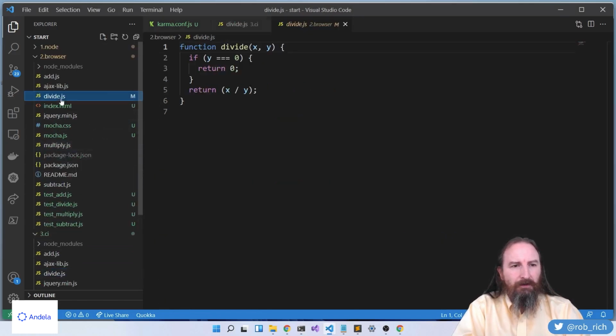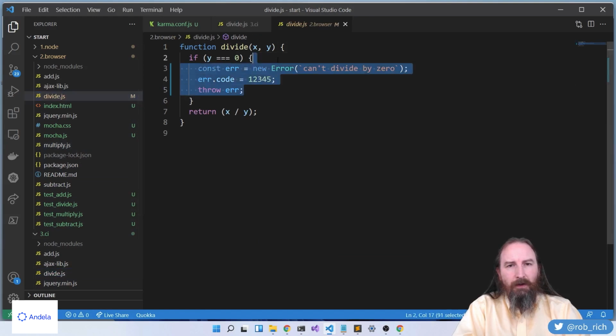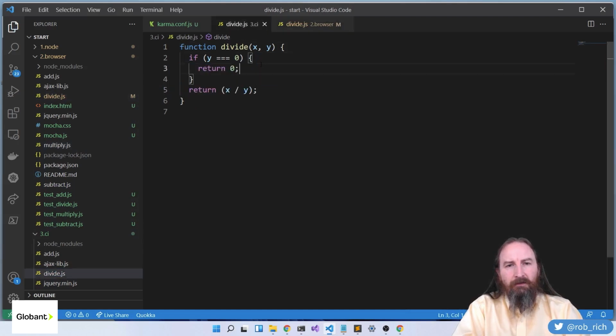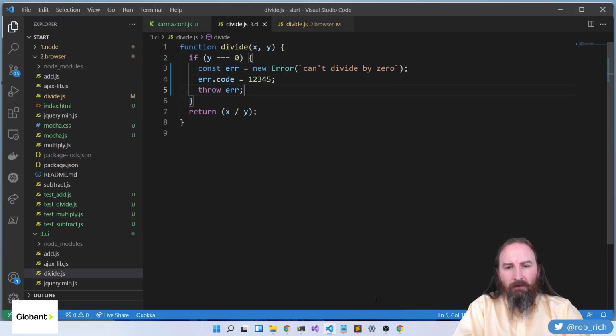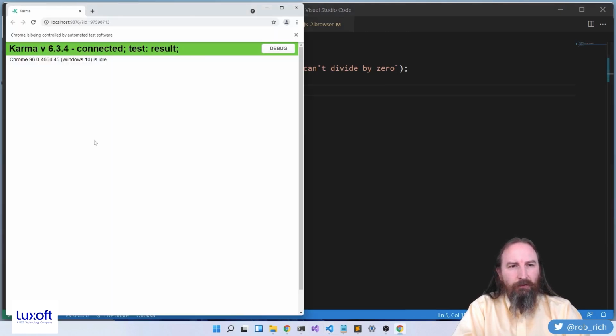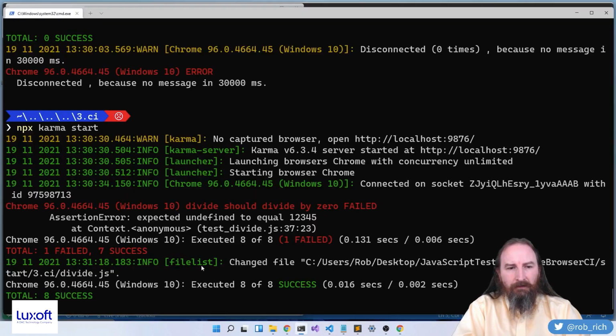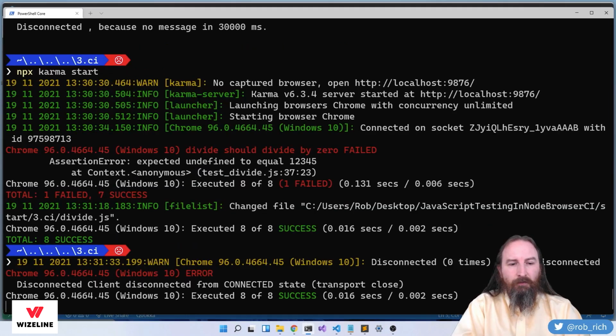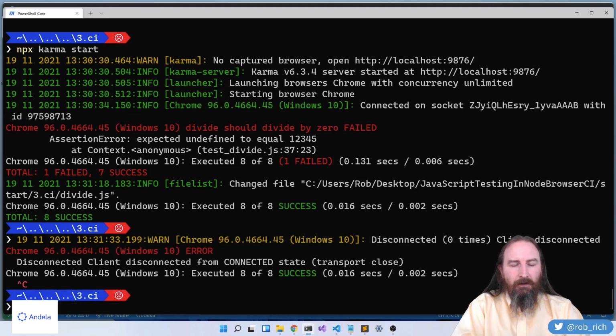Let's pop open divide.js and we'll go grab our fix and set it in place here. Now, because Karma is doing a watch, it will automatically rerun those tests. I'll come back into my console and I see I now have successful tests. That's perfect. Now in this case, we did an npx Karma start, so we're continuously running, but we could also override this in a